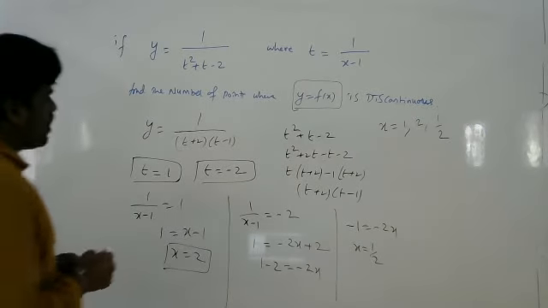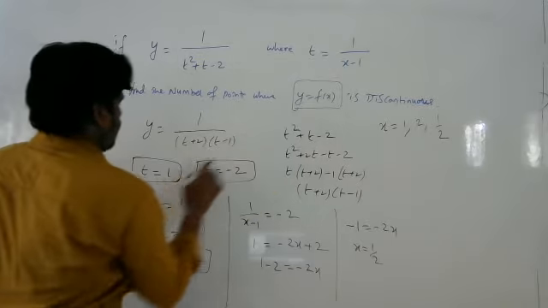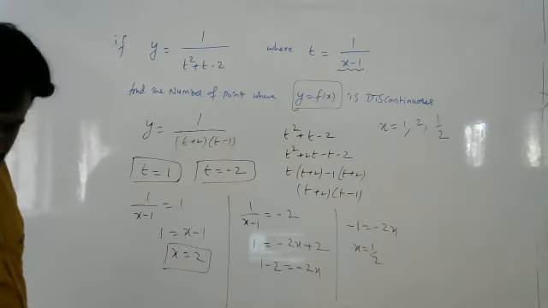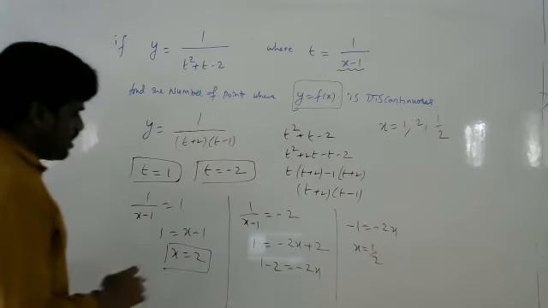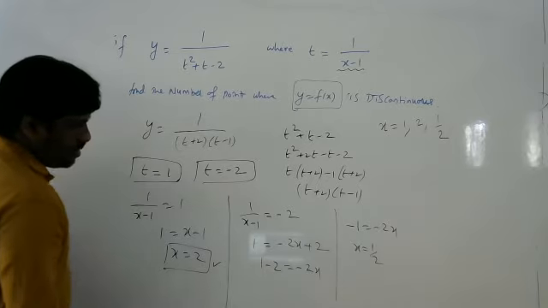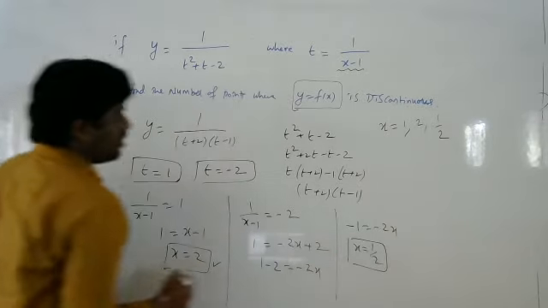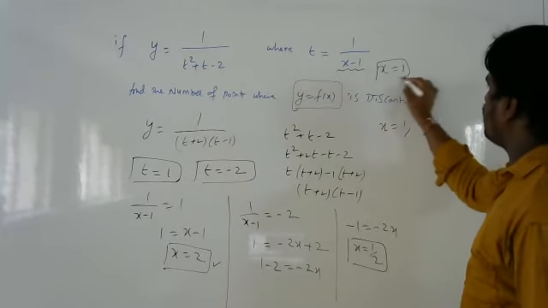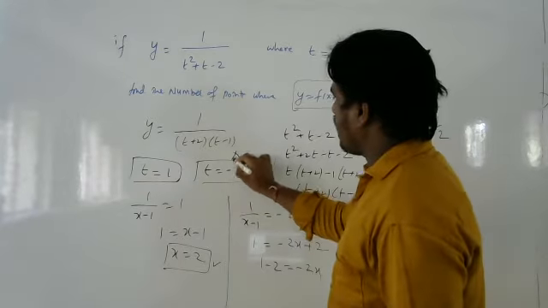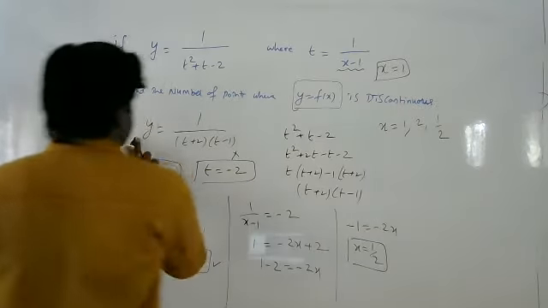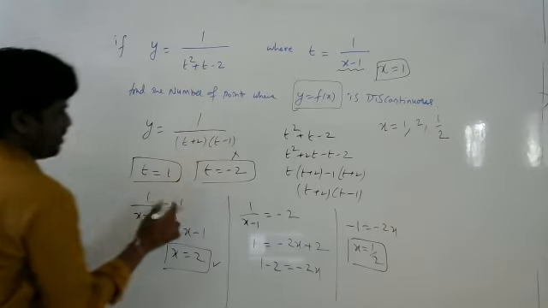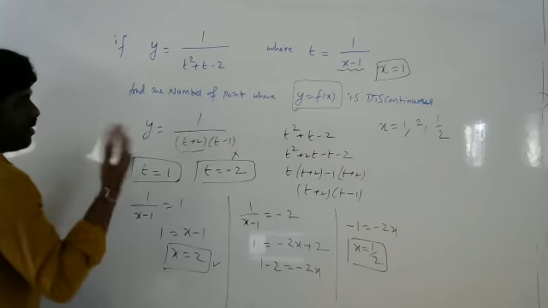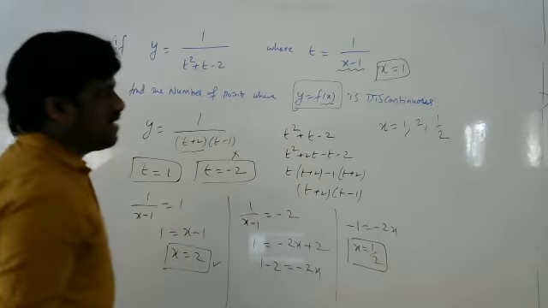Check it out. What are the points you have here? Here I have to check for x, f of x. Okay, f of x I have to check, not f of t. See here, the x value I got is 2, the x value I got is half, and x is equal to 1 is discontinuous. Minus 2, no, don't take this. See, I repeat again, y is equal to 1 upon t plus 2 into t minus 1. This will be discontinuous at t equal to 1 and t equal to minus 2. But I want it in x, y is equal to f of x.